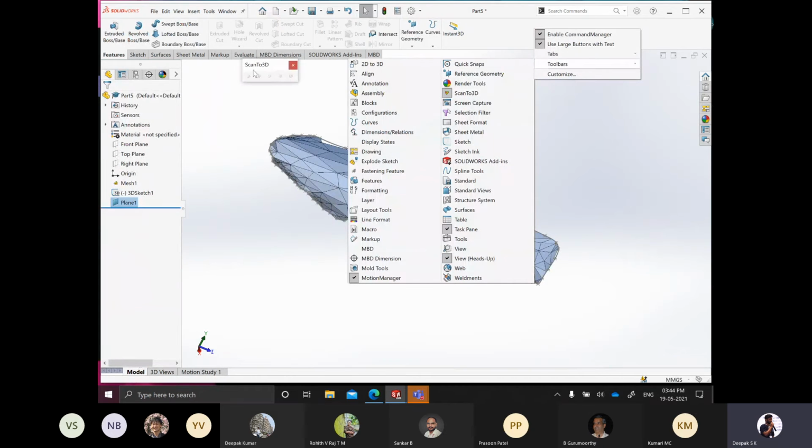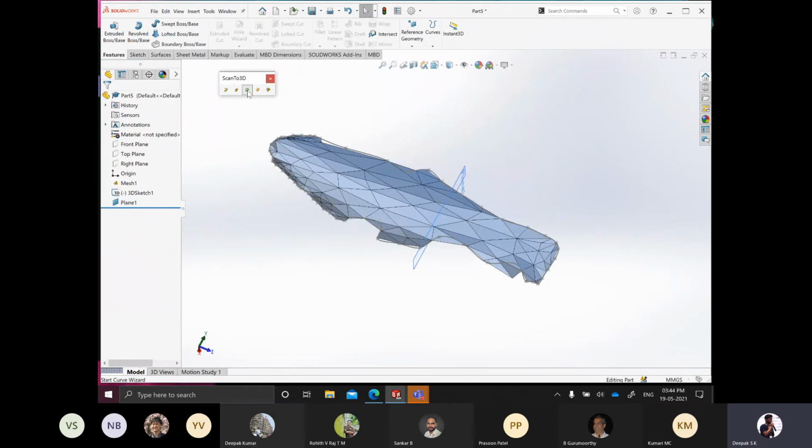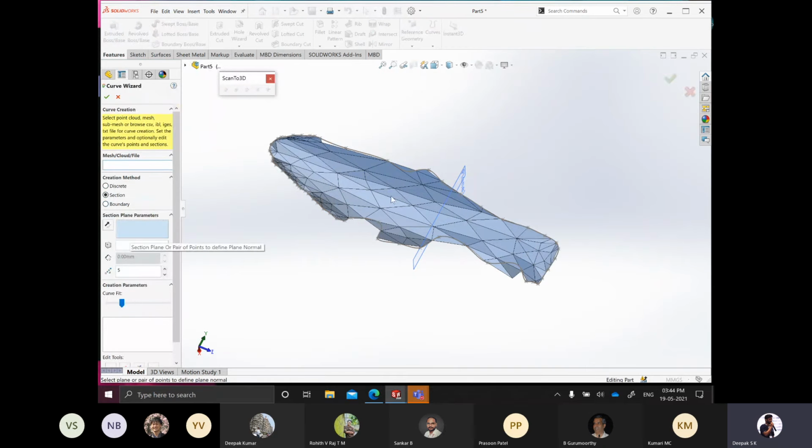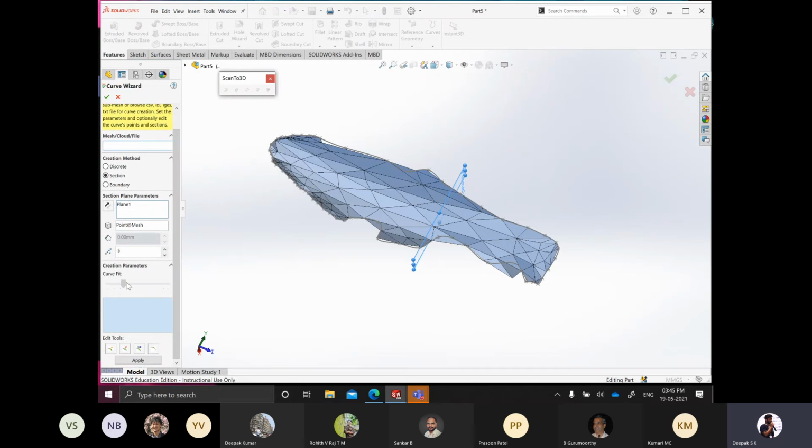Toolbars, scan to 3D, curvature, section, and to select my plane I select this, and my point, this point. Apply.